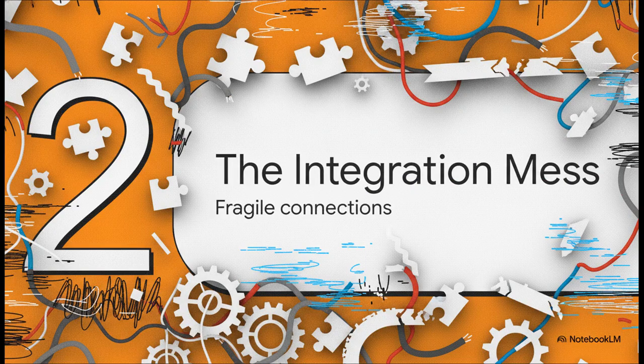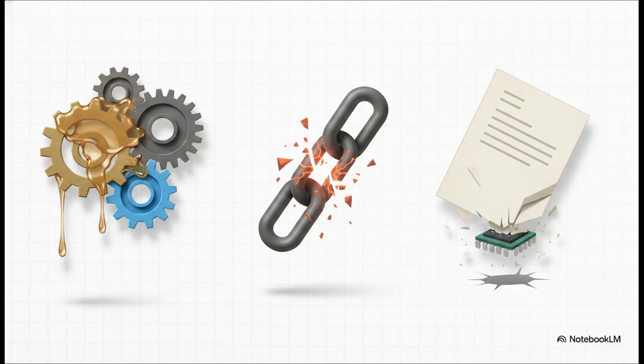Moving into Section 2, the messy integration problem, and what happens when we force those two worlds together. Developers are basically suffering through three massive headaches right now. First, the glue code problem. Because every API is different, you have to write custom code for every single service. Second, fragility. These connections are hard-coded, meaning any update can completely shatter your workflow. And third, prompt bloat. To get a model to use a traditional API, you end up writing incredibly long, fragile system prompts just to teach the AI how a specific endpoint works. You're wasting time and computing power forcing the model to deal with implementation details it shouldn't even have to worry about.